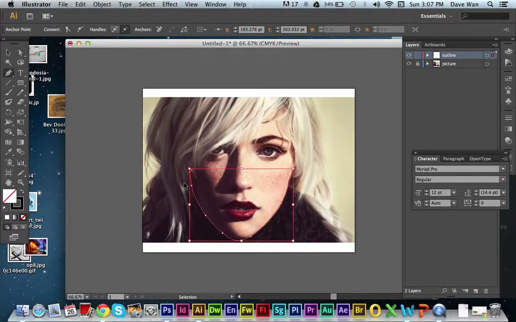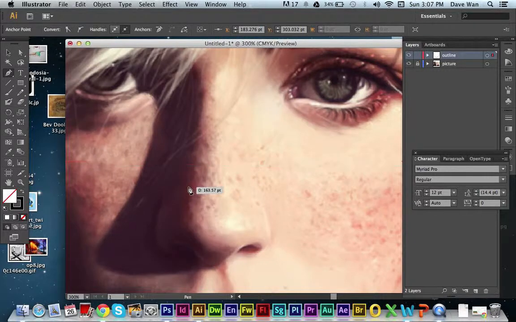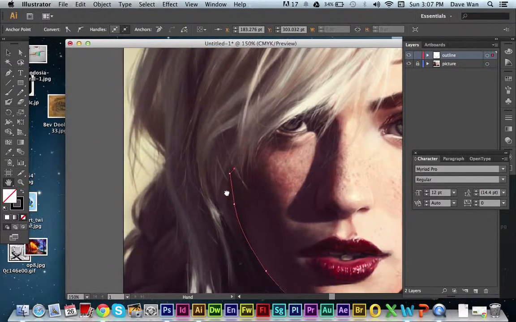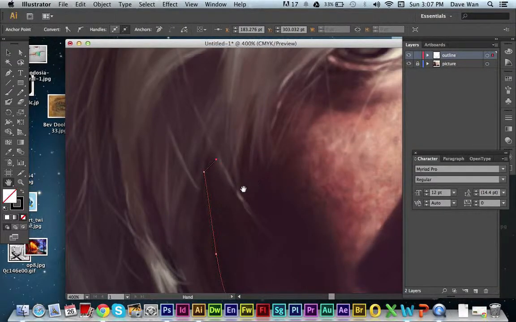And to zoom in, you just hold Command and hit plus, and that's going to zoom in your picture. And Command minus is going to zoom out. Okay, and you want to also use the hand tool. So you can just click H, and you can move it around. So you just want to zoom in close on the image to make sure you get the correct lines when you're doing your